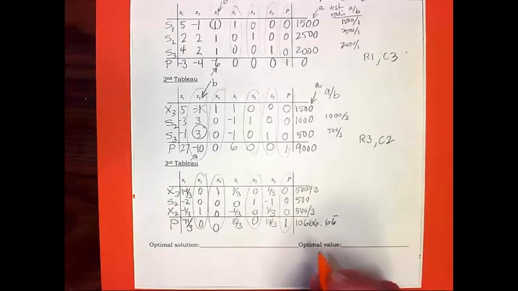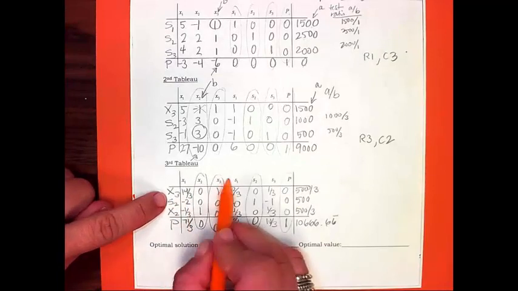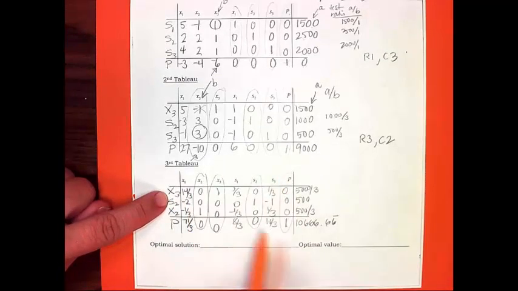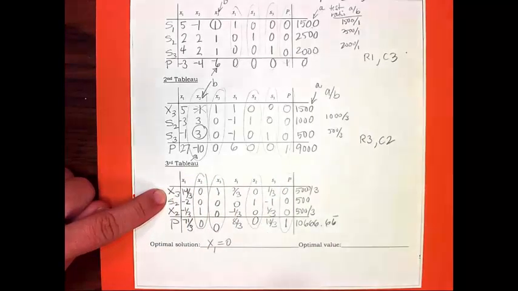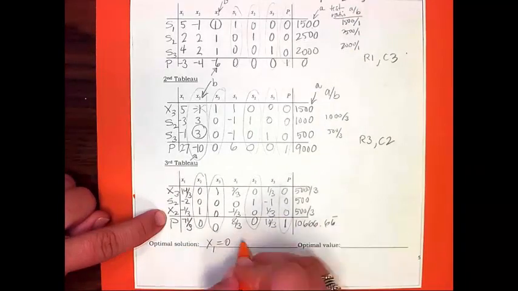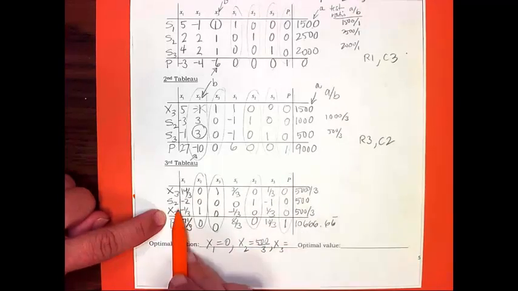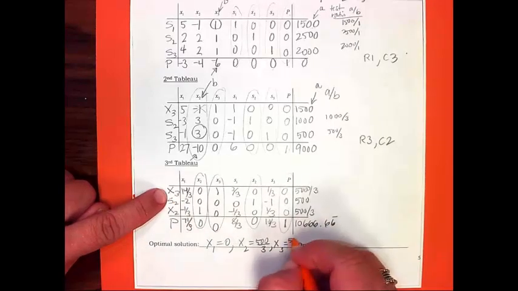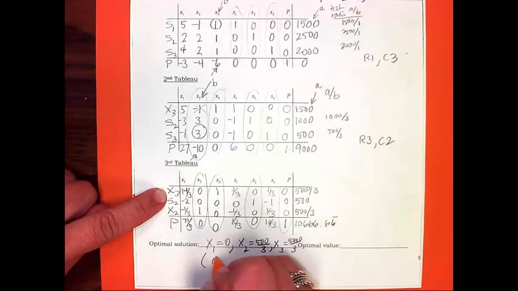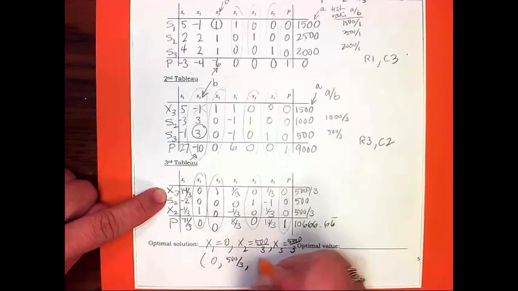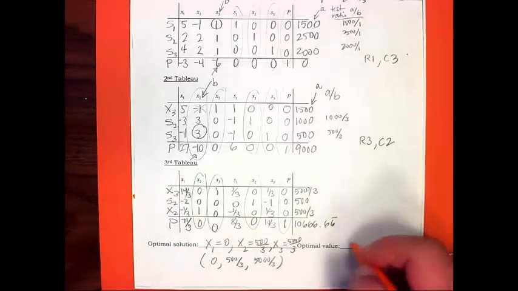So let's read off our solution. The optimal solution, and let's not include the slack variables in the actual solution. Let's just do the x1, x2, x3. So x1 is not listed here. That means that x1 is equal to 0. x2 we can read off as equal to 500 over 3. And then x3 is equal to, looking at the top, 5,000 over 3. Sorry, I didn't leave you enough room right there. And then this would probably be an ordered triple as such, and then the optimal value would be the